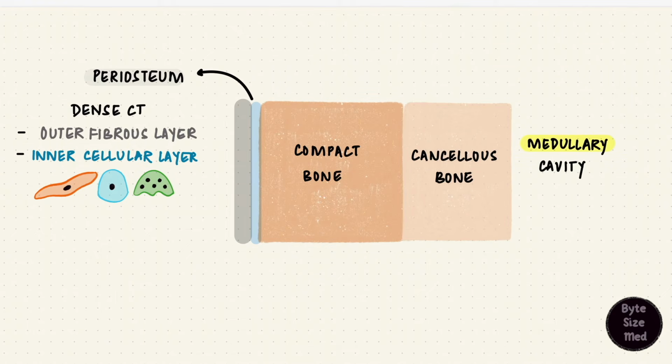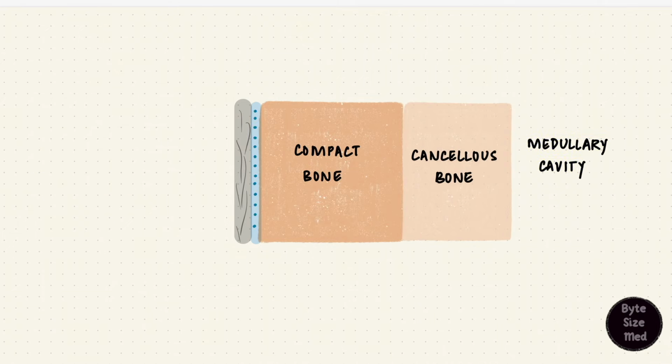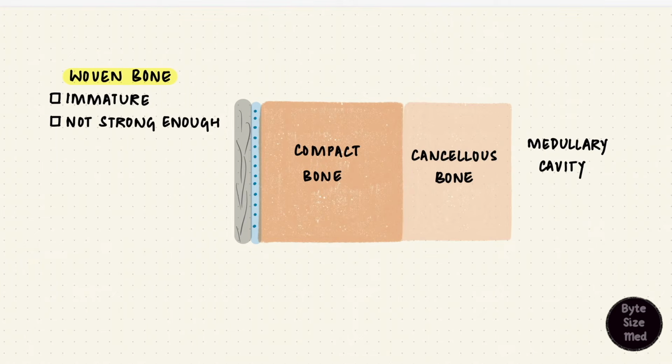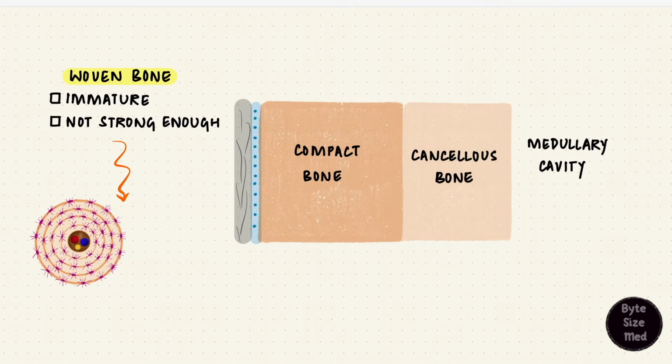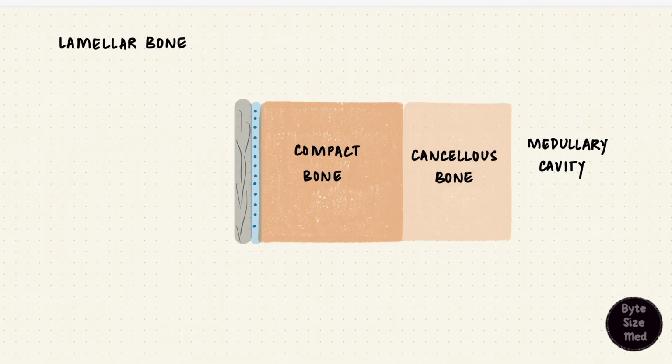The innermost part of the diaphysis is the central medullary cavity. Between the periosteum and the medullary cavity is the compact bone and cancellous bone. Bone forms by ossification, and both types of bone, when they first form, are woven bone, which is irregularly arranged collagen and not much mineral. It's immature, it's quickly formed, it's not strong enough. Bone realizes this and so remodels itself to form a stronger version, where bone tissue is arranged in regular layers. This is called mature lamellar bone. Most adult bones are mature lamellar bones.